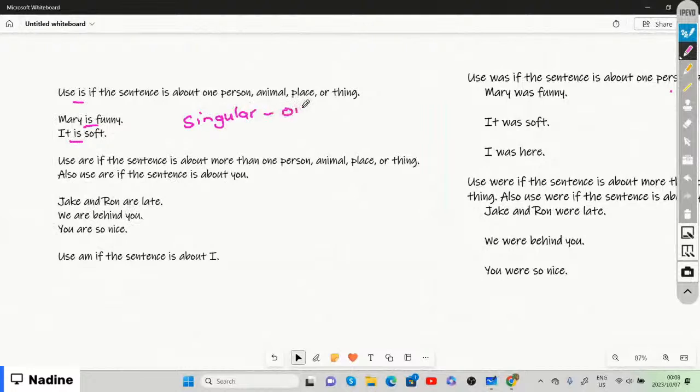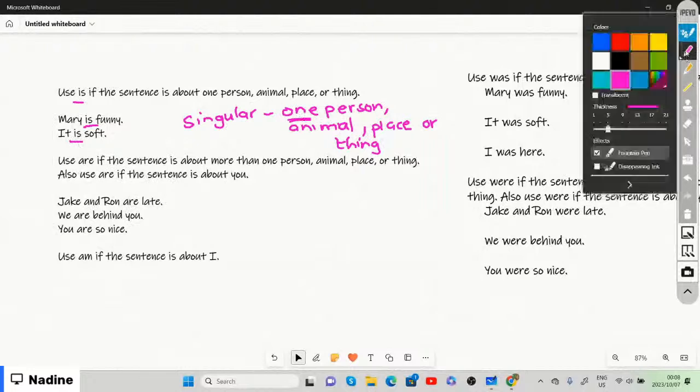Referring to one person, one animal, place, or thing. So one, right? And then we use is. And we use are. We use are